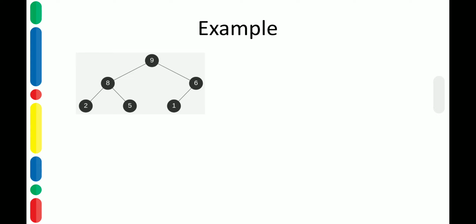So here we have a heap, and we are supposed to delete the root element, or the largest element, in other words. Which is the largest element? The element present at the root position. So what are we supposed to do? We are supposed to exchange the root element with the last element. Which is the last element in the heap? 1. So this will result in 1 becoming the root and 9 becoming the last node.